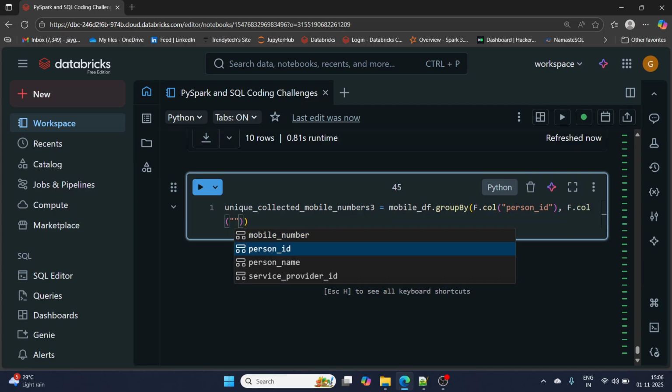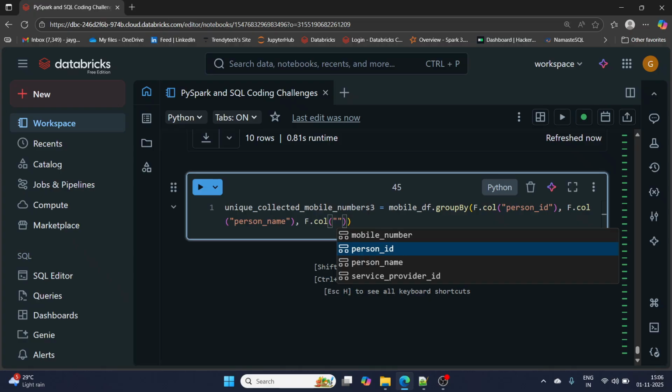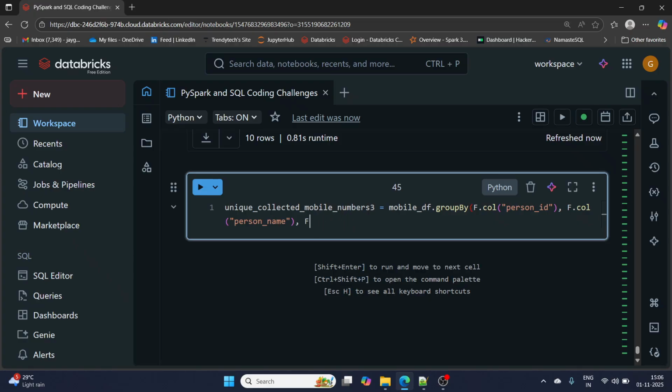Second is, let's say, person name. I want to group by based on two columns only, right? Okay, dot aggregate, F dot